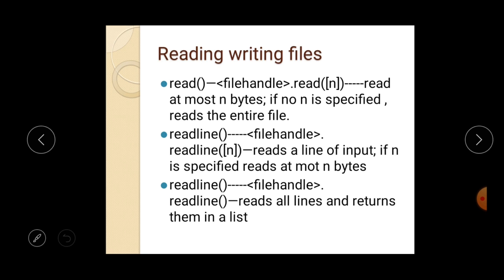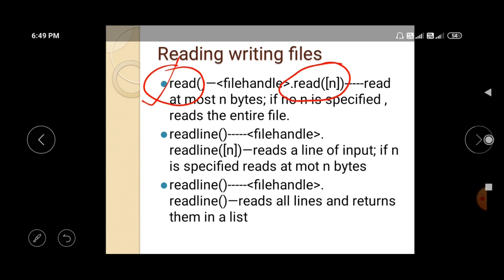So in the first example you can see that you can use the read function with parameter and without parameter. Means you can use the read function without providing any number of words or total number of bytes as it is written here, or you can also use the read function with n.